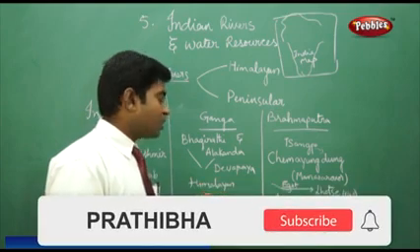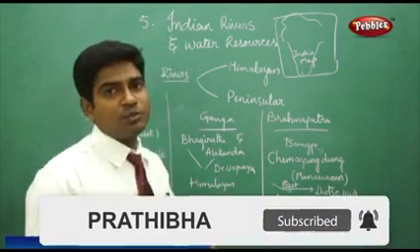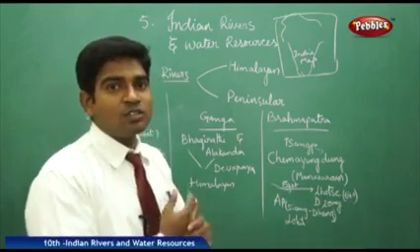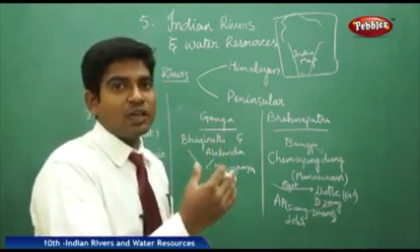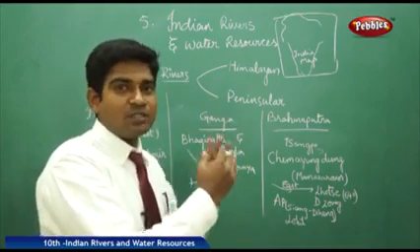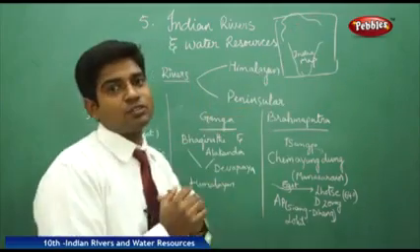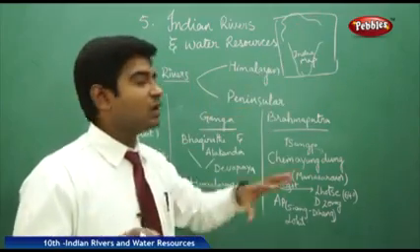This also has its origin in the Himalayan region, and it has many tributaries like Son and Kosi, which flow through Uttar Pradesh and move towards Bihar, then some parts of West Bengal. It also has its influence in the Punjab and Haryana regions. So it covers a major region, where nearly 3 to 5 lakh hectares of crops are irrigated